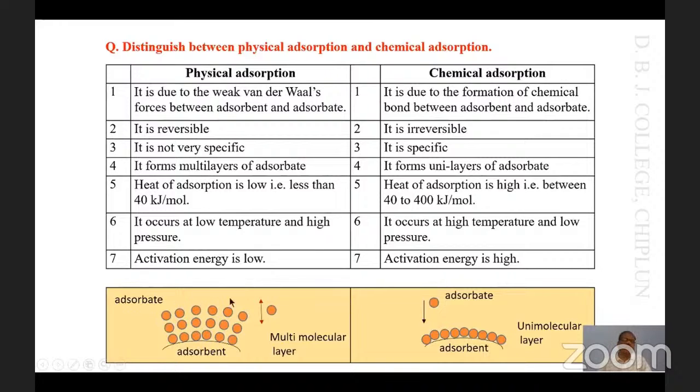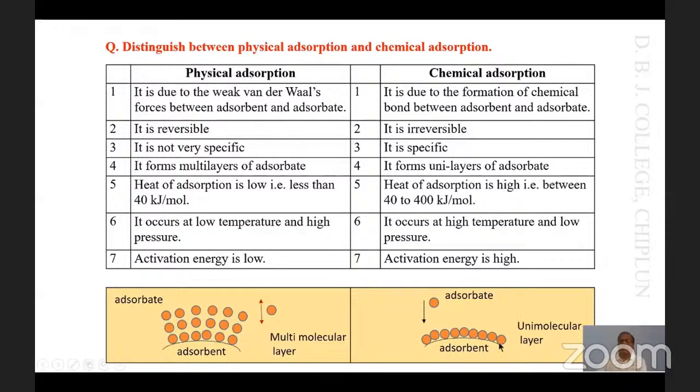That's why we call physical adsorption a reversible process. On the other hand, chemical adsorption is irreversible because once the monolayer or unilayer of molecules is formed onto the surface of an adsorbent